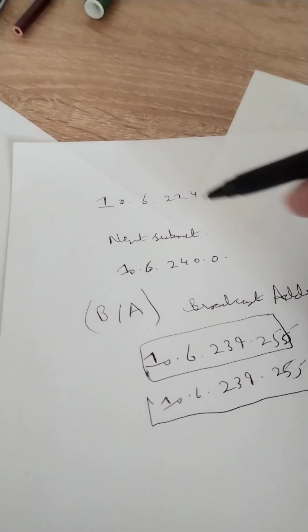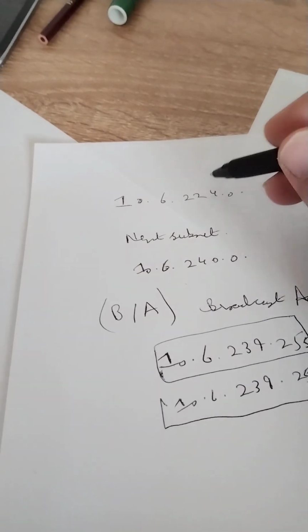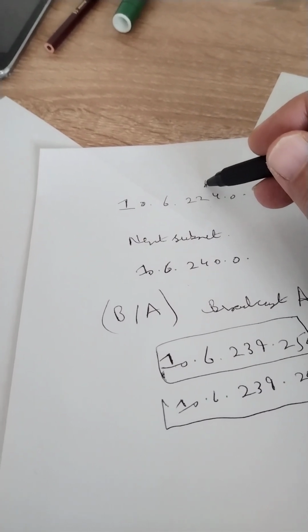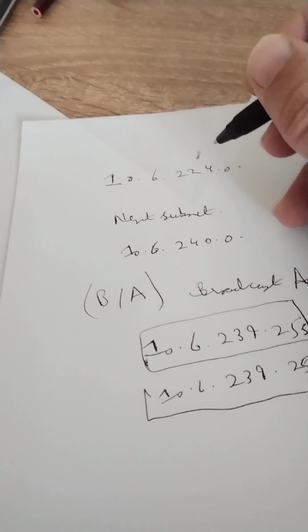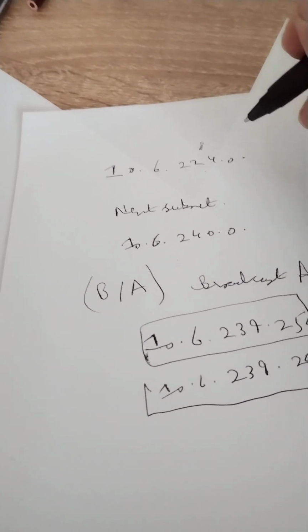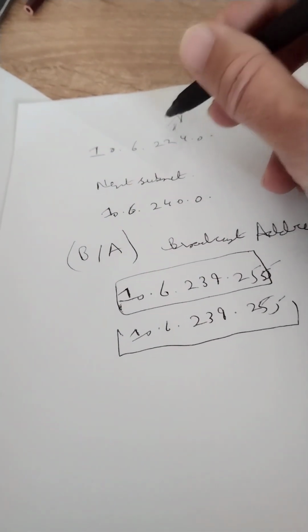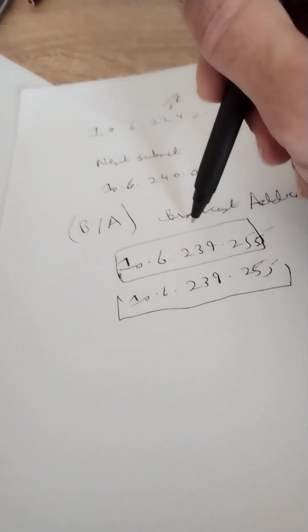Yes, the one mistake that a lot of people might make, in order to find the broadcast address of this network, is they would use a value before this one. In that case, it would be 223.255. So this is one scenario that happens. You have to see whether your broadcast address is going to fit this area or that area. Coming back to my point here,